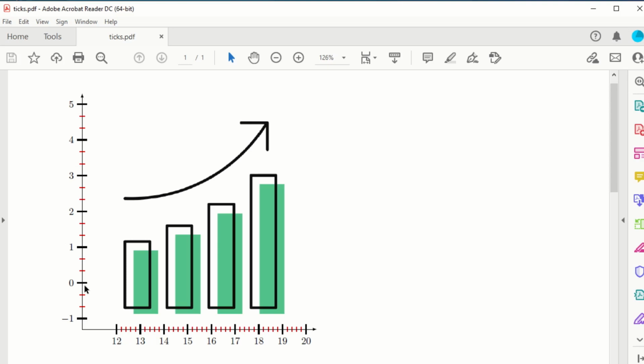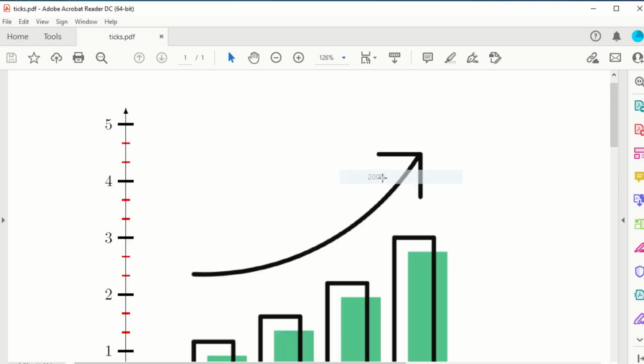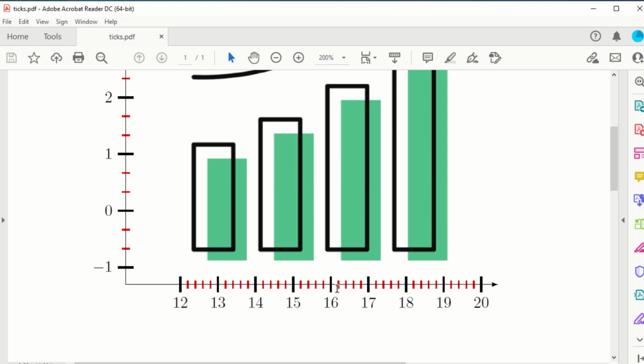So for some scientific publications and scientific charts, you want to put these tick marks on your axis of your own choice, and they are different on both axes. Now what happens is that if you get this image with the tick marks from a software, in most cases that image is in PNG form, and when you zoom it up to, let's say, 200%, your tick marks become very dim.